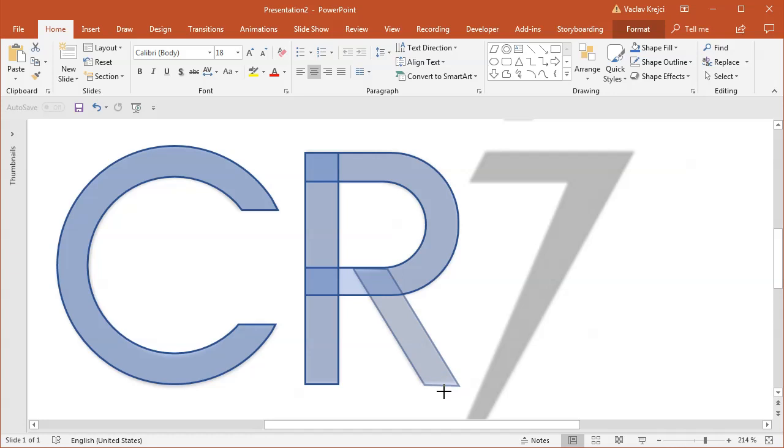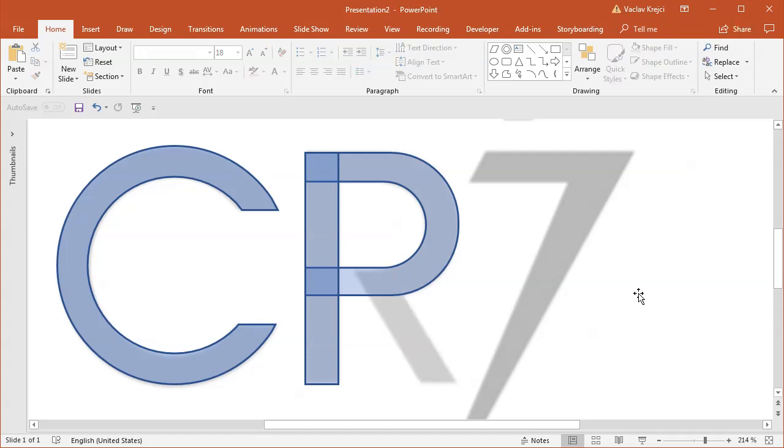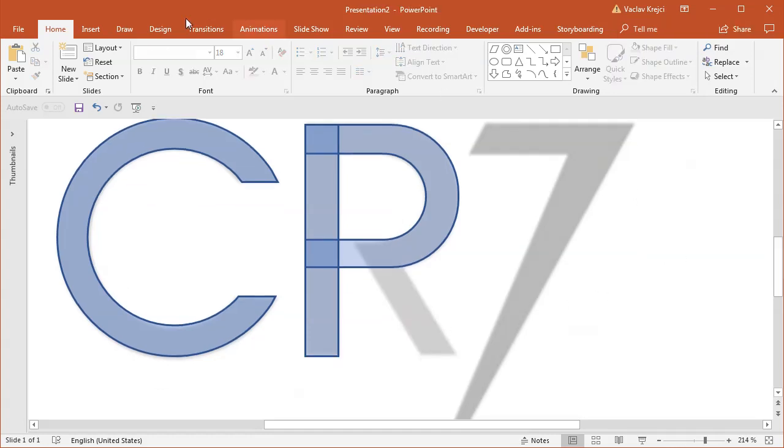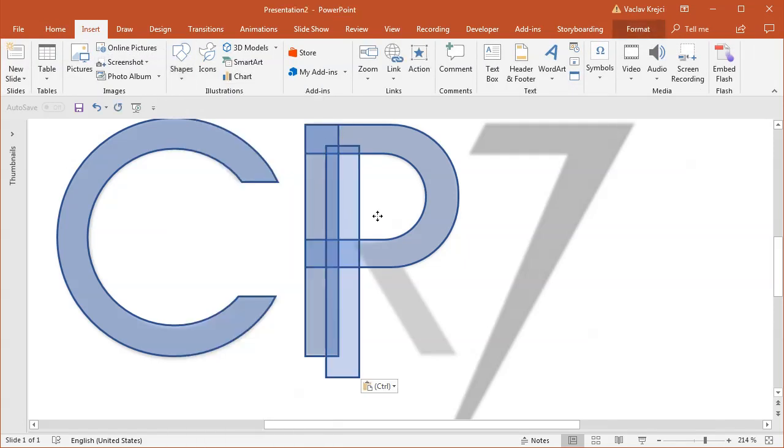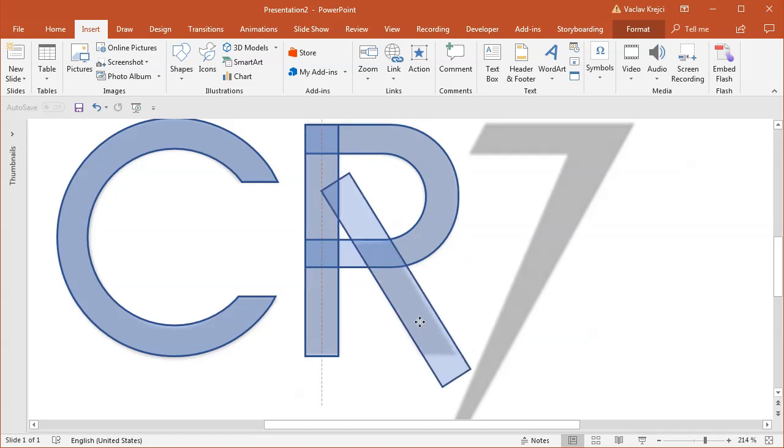I guess that works. Maybe it's just a little bit hard to guess the right angle. Another way how to draw this part of the letter R would be to just simply draw a new rectangle, or I will just reuse this rectangle, just copy paste it and rotate it by the same angle as it should be. I will move it along this part,